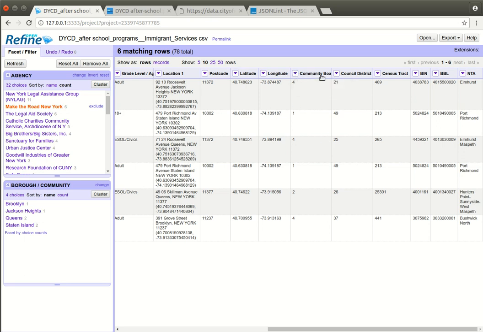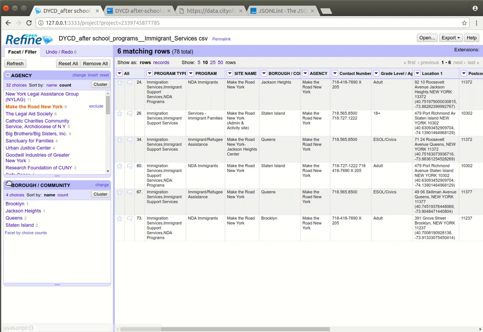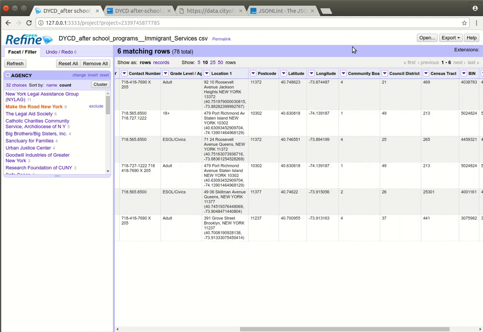Things like community board district, council district, census tract. So there's some really interesting information in here that can let us start to key together different sets of data to help understand what's going on, right? So I can look for data about that community board district where they're operating, or the council district, or the census tract, right? I could actually look up data in the U.S. Census about the people who live in this census tract,